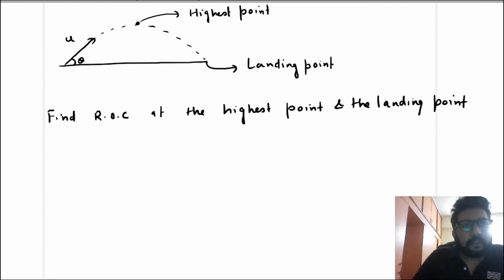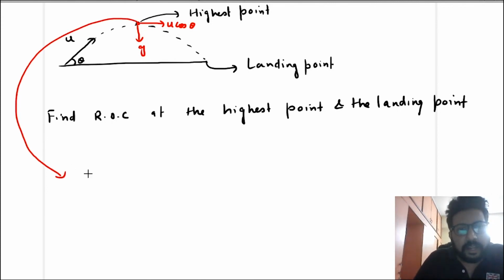So first let us look at the highest point. You know that at the highest point of the trajectory, the speed will be u cos theta and the acceleration due to gravity will be in downward direction. It is already perpendicular to the velocity. So at the highest point, the radius of curvature will be u cos theta whole square divided by g. V square upon a perpendicular.